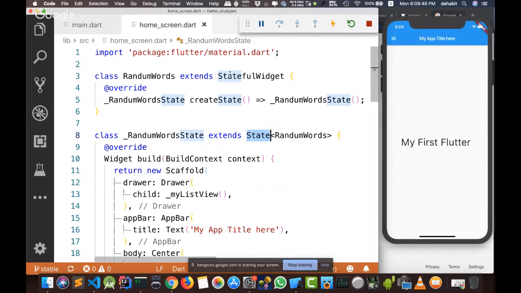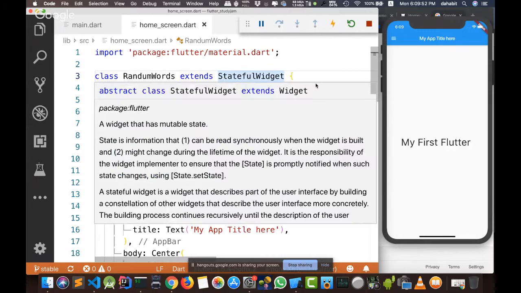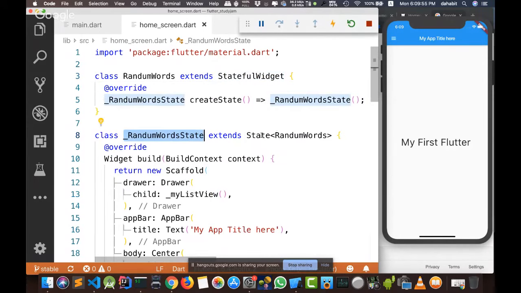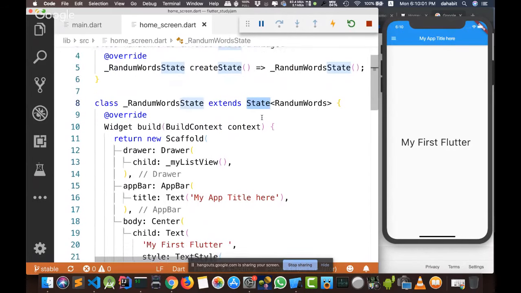But with stateful, we have two classes: an immutable class, which is responsible for creating our UI widget, and another class which extends State, which is a generic type, and holds the state.